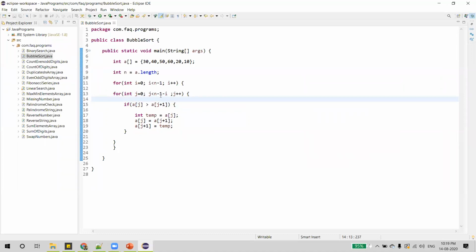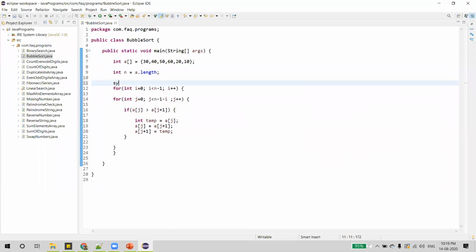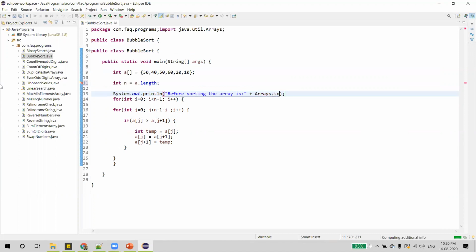And now we are done with the logic. Once we are done with the logic, we can display the arrays. We'll say before sorting, the array is, Arrays.toString of array.